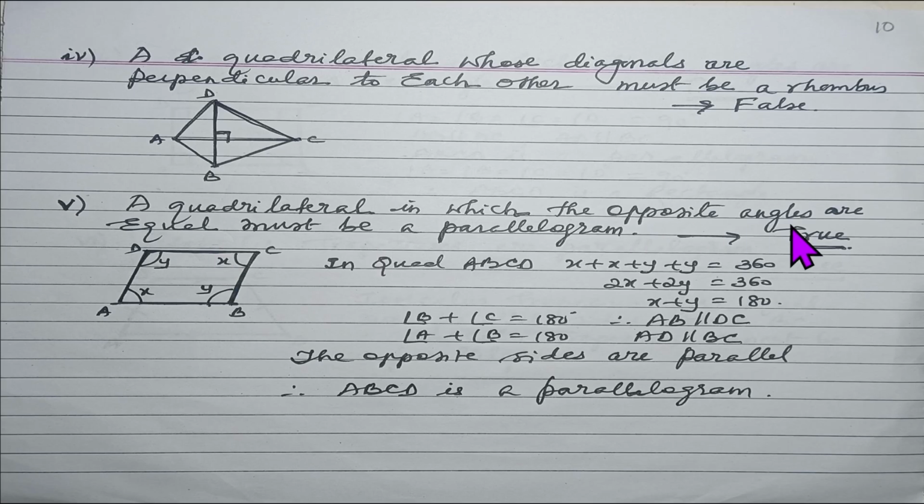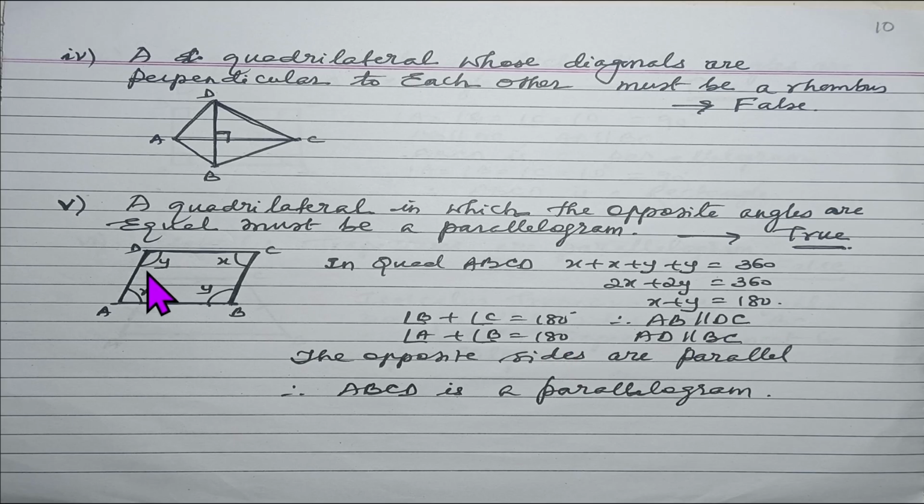A quadrilateral in which the opposite angles are equal must be a parallelogram. So let us understand this. Now we are given a quadrilateral ABCD. The opposite angles are equal. That is, if I take them as x and x, y and y, then x plus x plus y plus y is 360 degrees. That is 2x plus 2y is equal to 360. That means x plus y is equal to